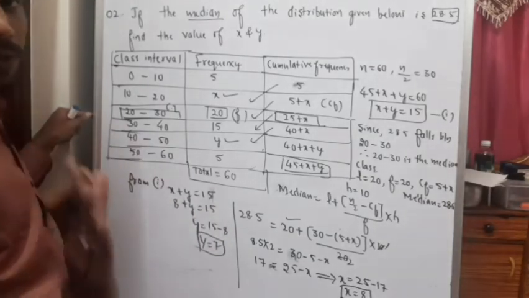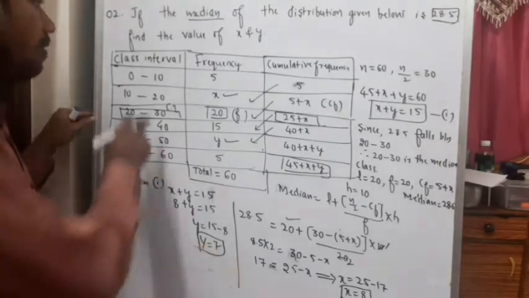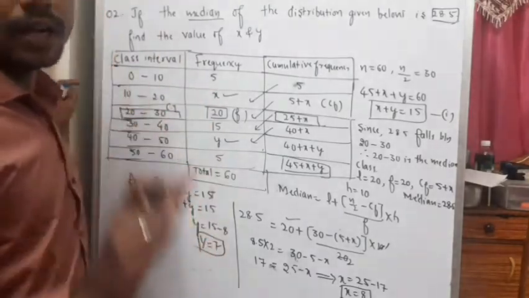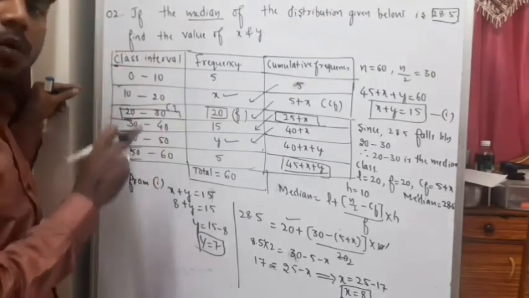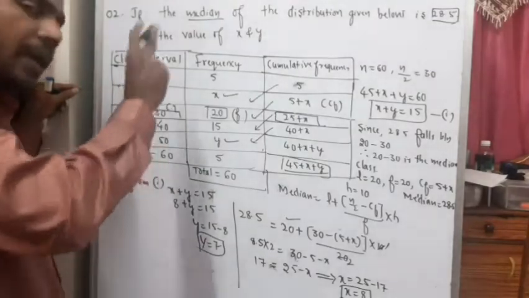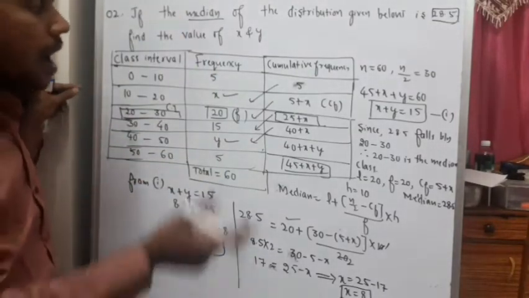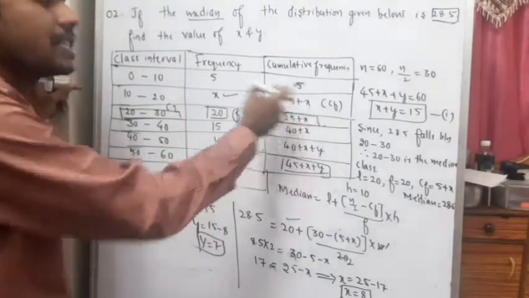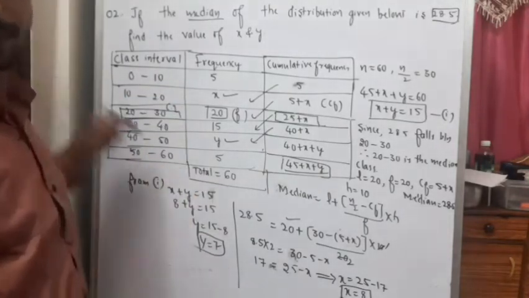So what is the basic procedure? First we need to identify the median class. Before that we need to check the class interval whether it is continuous or not. If it is not continuous, what we need to do? We need to subtract 0.5 from the lower limit and add 0.5 to the upper limit. So we should make the class interval continuous, then we should solve the problem. After finding the median class, we need to note down the respective data which is required for the formula. So please note this down.